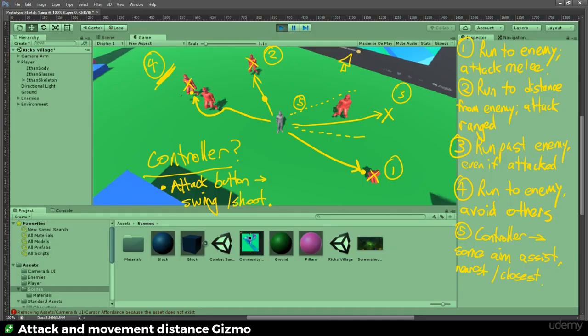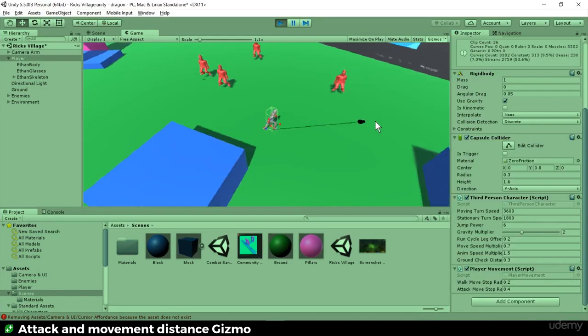Okay, in this video, we're going to start speccing out what it is that we need in combat, and we're going to draw a whole bunch of pretty yellow lines on our screenshots here to show what we do when we click on an enemy, when we click near to an enemy, what do we do with range and with melee. And I'm going to show you guys a little bit